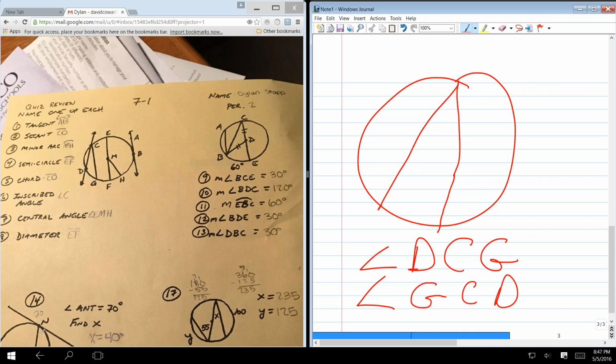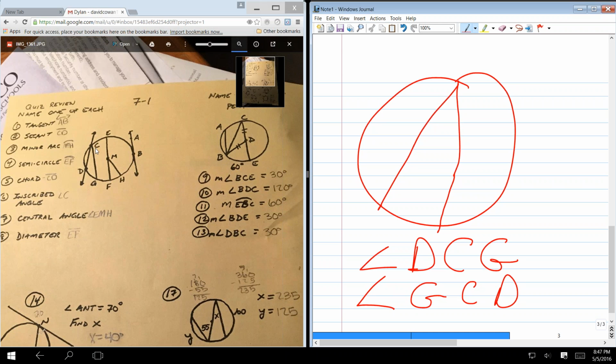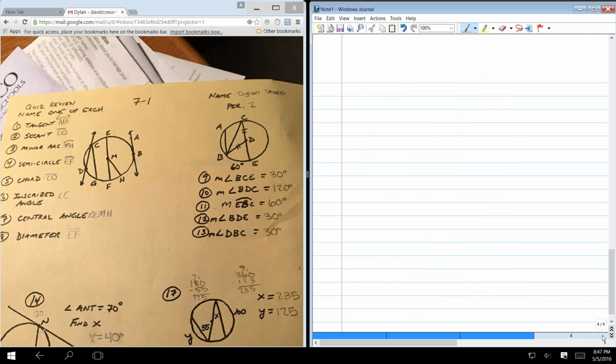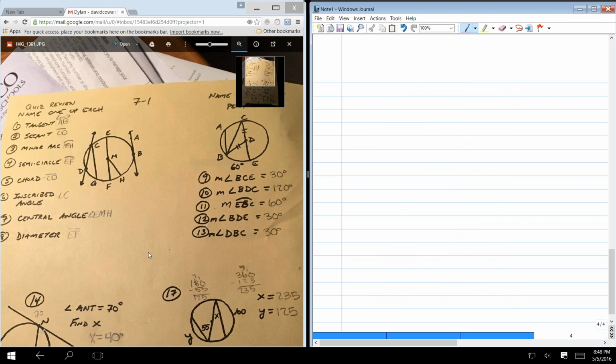Okay, you don't want to start it with the vertex. Because actually, when you said CDG, you're referring to an angle like that one right there. In other words, the terminology for angles is very precise. And the only letter you can't start with is the vertex. Okay? Central angle,